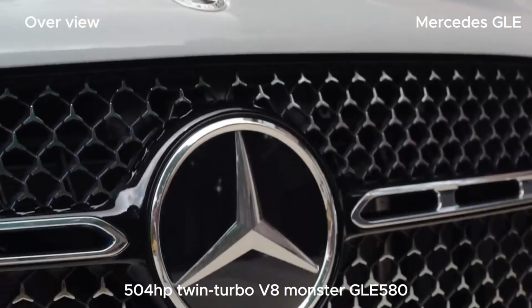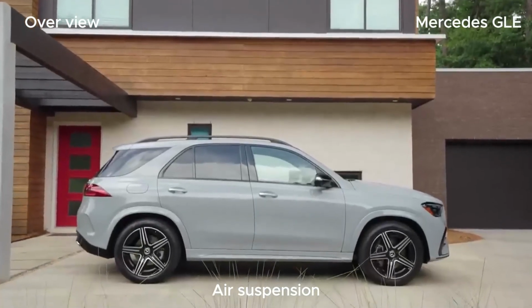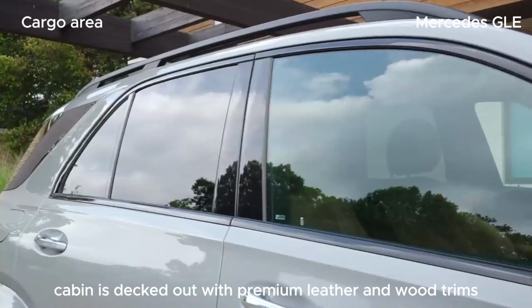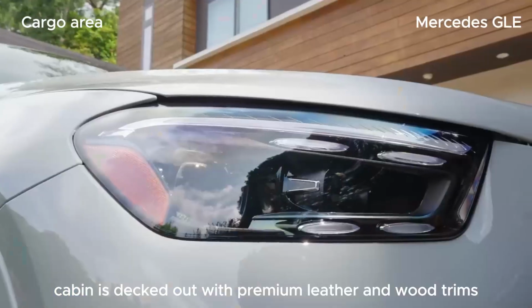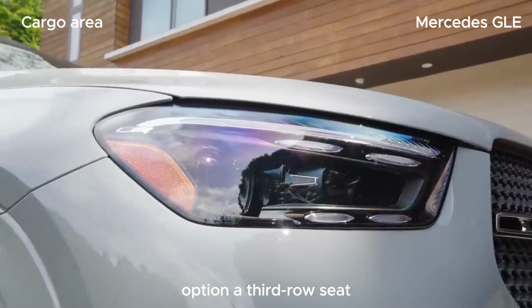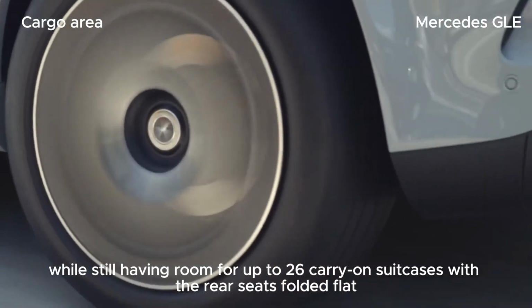And don't forget that fancy air suspension that can raise up for extra off-road clearance, or even wiggle the GLE loose if you get stuck in deep sand or mud. Even with all this performance and capability, there's still room for plenty of luxury too. The cabin is decked out with premium leather and wood trims. You can even option a third-row seat, while still having room for up to 26 carry-on suitcases with the rear